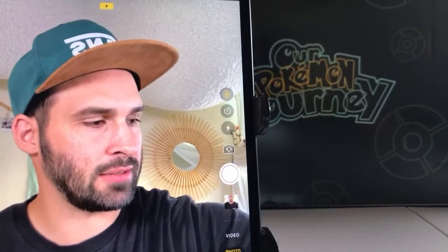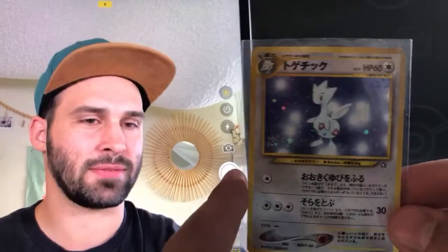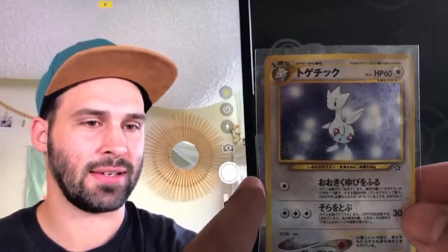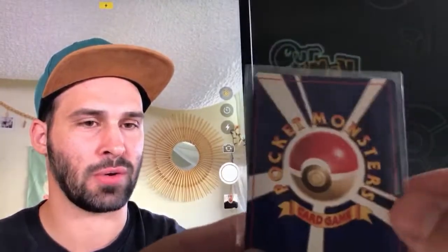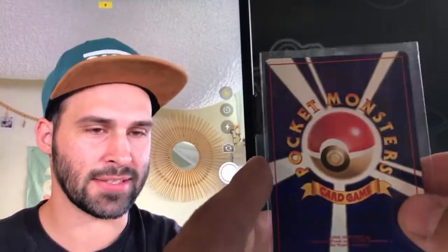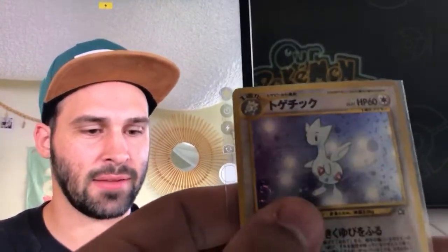This next one is low-key one of my favorite cards from Neo Genesis, just because I've always, for some reason, loved Togetic and Togepi and that whole evolution. I'm actually not a fan of Togekiss, though, go figure, but this card is super cool. I'm just a big fan of,